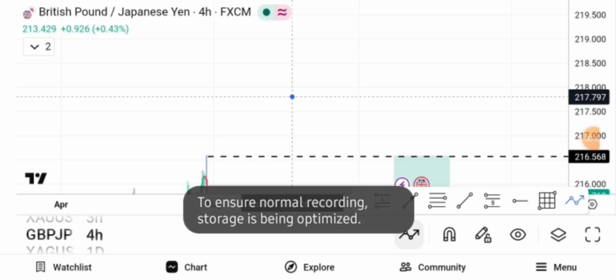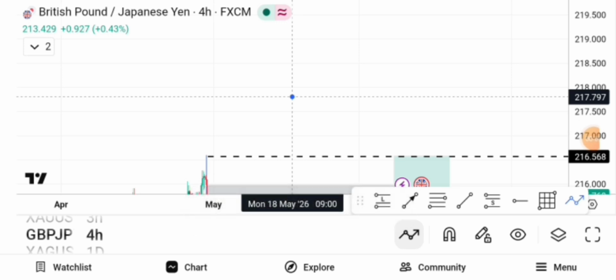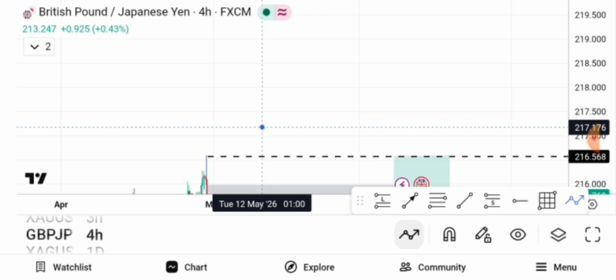Explain the concept of inducement and engineered liquidity. So I will use the diagram to explain both of them. Then I will show them to you in this live chat for more proper understanding. Now,